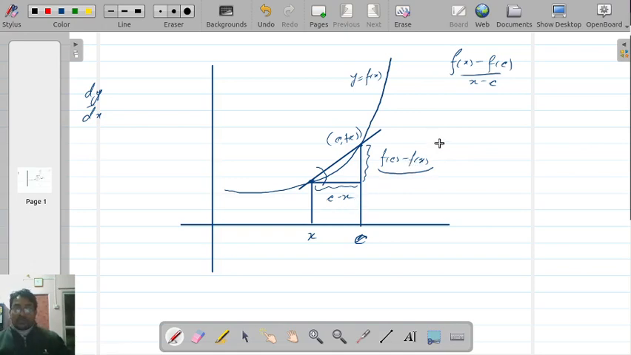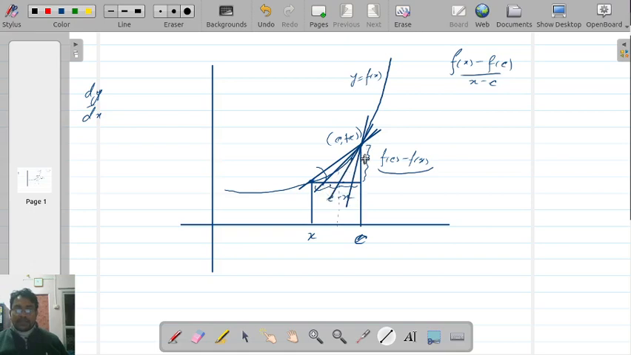As the point x approaches the point c, if x comes closer to c, there is a tendency that the chord joining these two points shifts in this direction. If you go further close, the chord may become something like this, and if you keep on going, something like this, and in the limiting case,